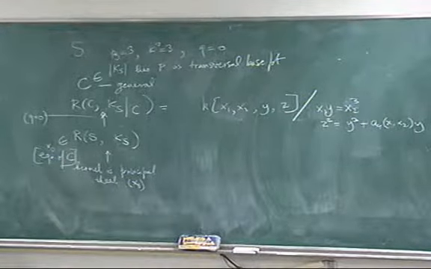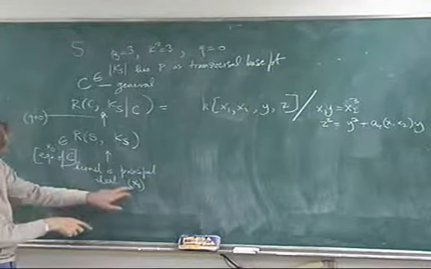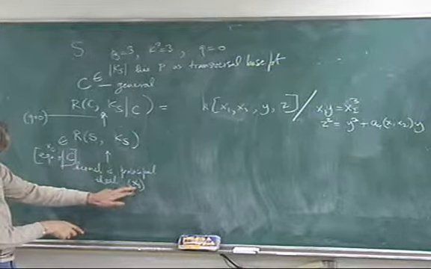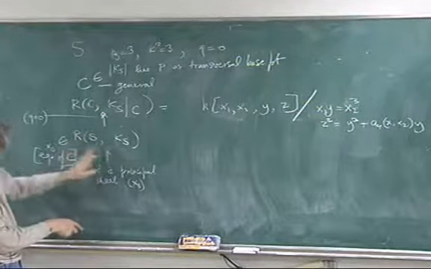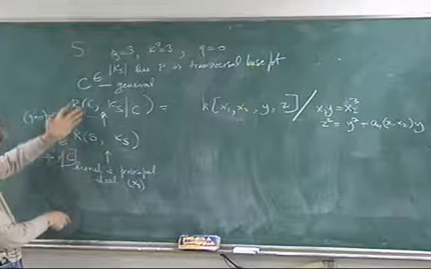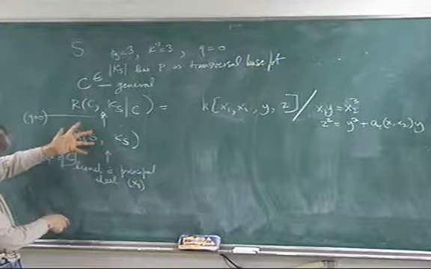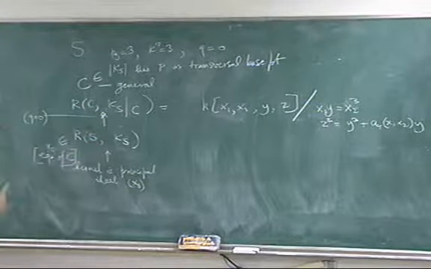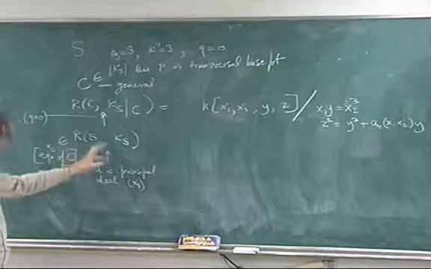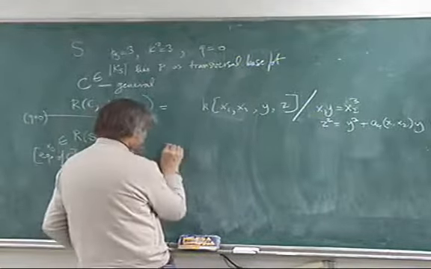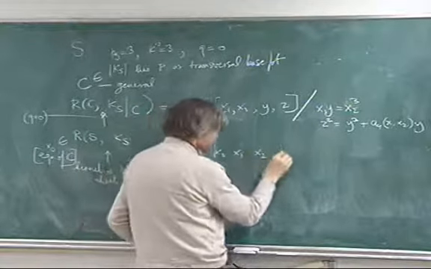Right. Now I'm not going to go into this here, but it's a general principle of commutative algebra that I'm dividing here by a regular sequence. The element x naught is a regular element, and so the kernel here is isomorphic to the original ring. And then if you know generators and relations to this quotient, then you can extend them to generators and relations of this, and also with syzygies and with modules and so on and so forth. So I'm not going to say what it means in general, but let me just say what it means in this case. It means in this case that this is K of x naught, x1, x2, y, z,